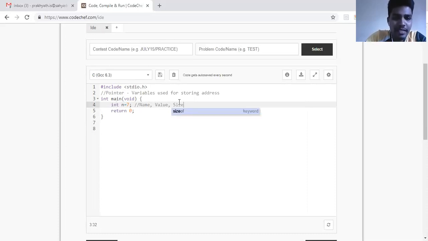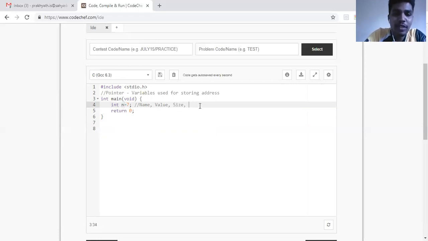What do we mean by size? It is how much memory is required for this particular variable to be stored in your memory location. With the keyword integer, we can predict the size of variable n in the memory location. If we know the machine architecture, and we are talking about a 16-bit machine, the size of the memory location required for storing the value in variable n is 2 bytes.